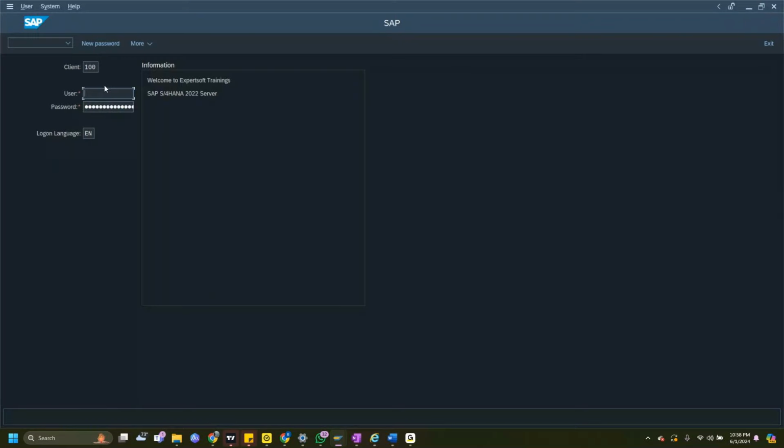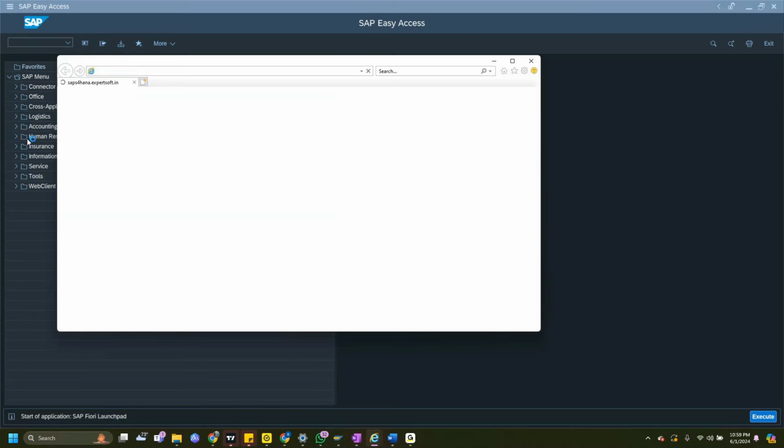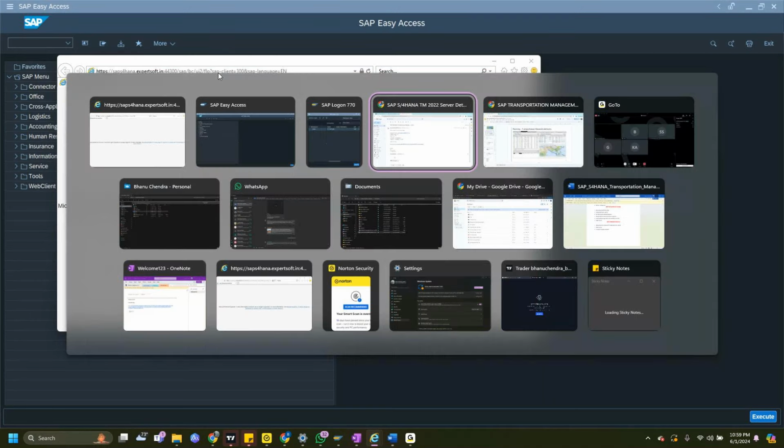Are you guys aware of Fiori, Arun or Gautam? SAP TM completely runs in Fiori. Configuration lies in the GUI, but the user who works on it completely works on Fiori. There are no transactions inside this. For a purchase order, you click on ME23N, and that will not be there in TM. You have to always go through Fiori.